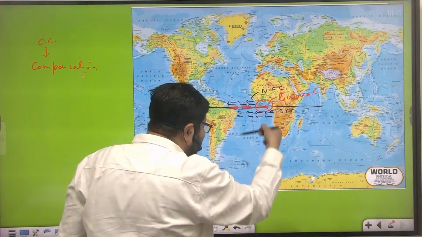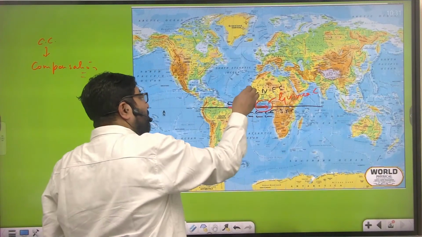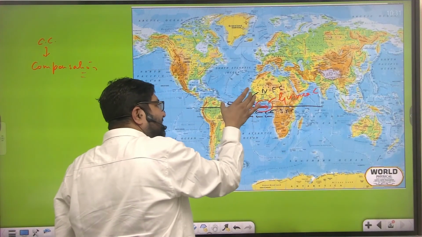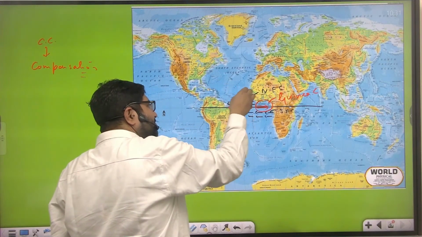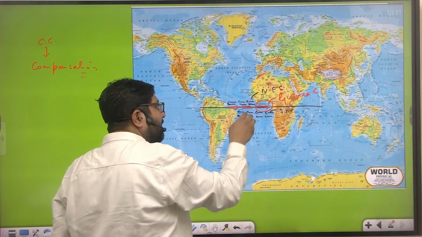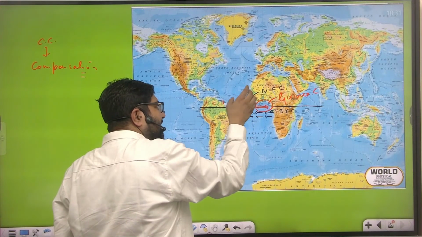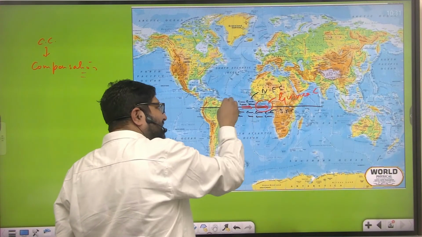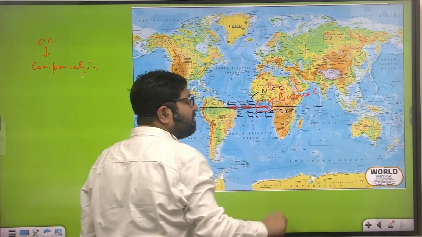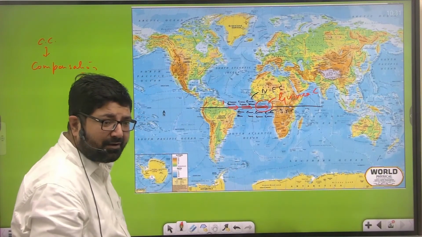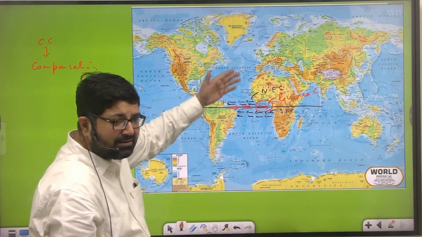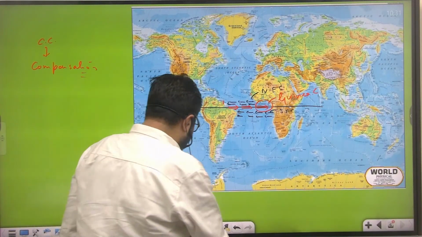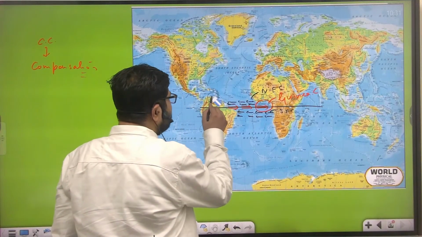Whereas during southern summer, northeast trades are stronger, but since the extent of the Atlantic Ocean is less, despite northeast trades being stronger, the piling up of water is less. So the counter current is weaker during southern summer, or you can say northern winter, and it is stronger during northern summer. Now, what we see on reaching the western boundary,